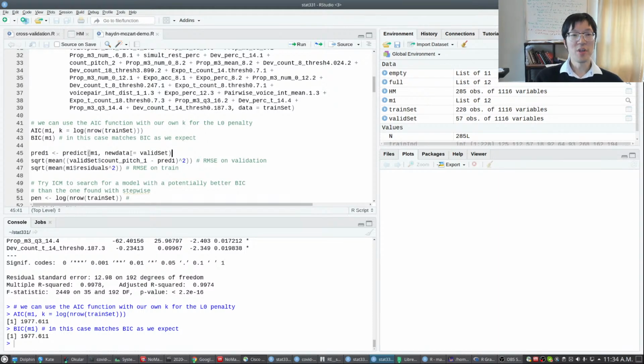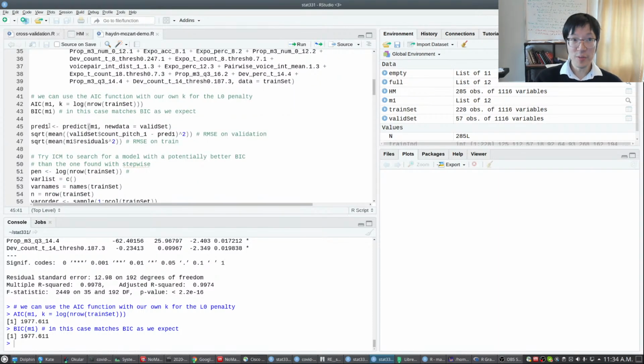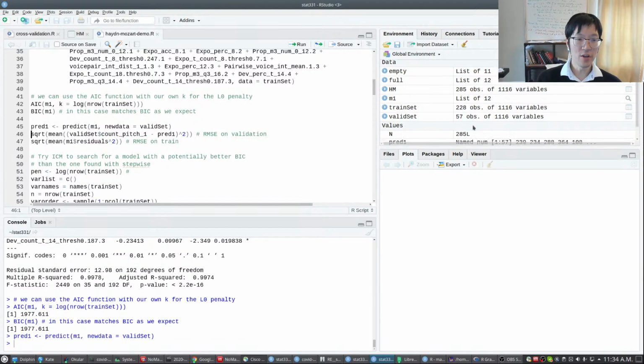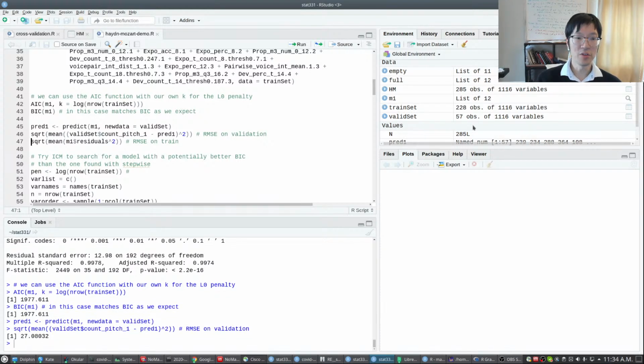Okay, so I'm going to use the same commands I showed you last time for cross-validation, and let's do the prediction. So we're going to predict on the validation sample, so that generates the predictions, and then I can calculate the RMSE on the validation data. Turns out to be 27. Okay, and remember, I can also calculate RMSE on the training data itself,